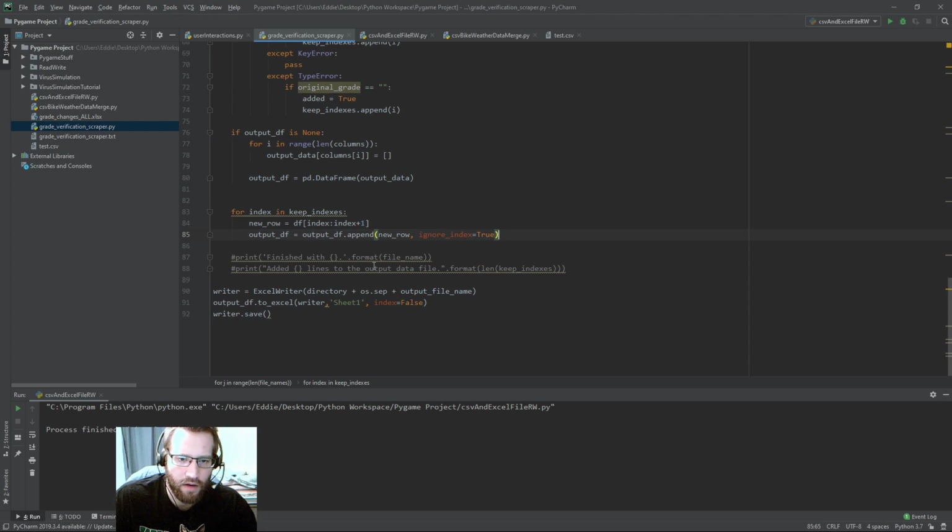And then here, right after we finish this, at the end, we use the Excel writer to write out our Excel file and then save the file. So this goes through about 130 or 140 Excel files, takes all the changes and puts them into one Excel file, making it a lot easier for the person that has to go through and find the changes. Okay,